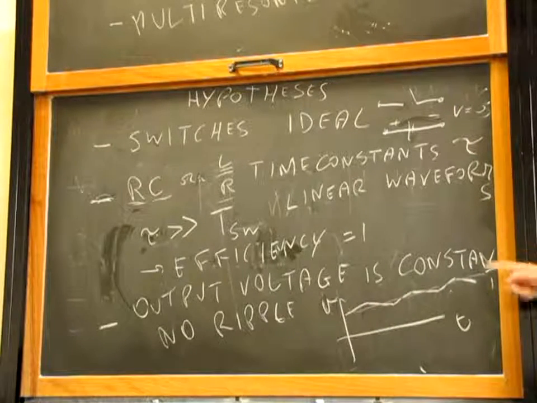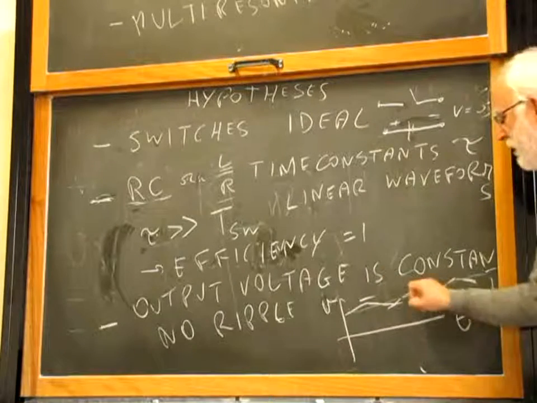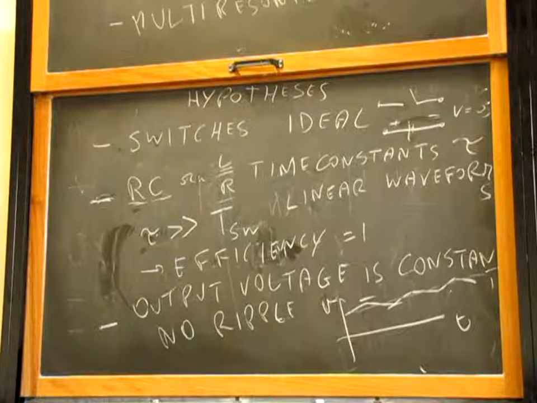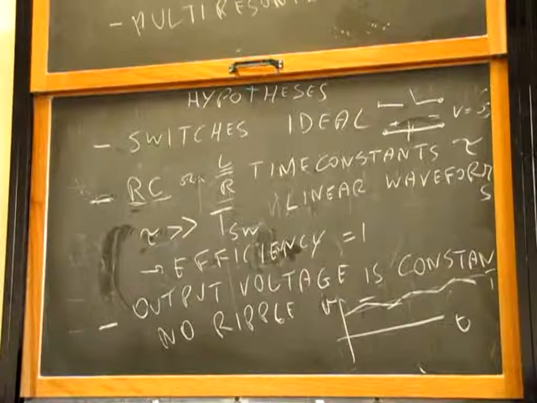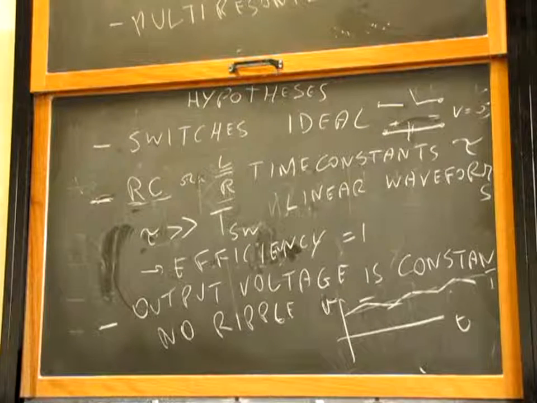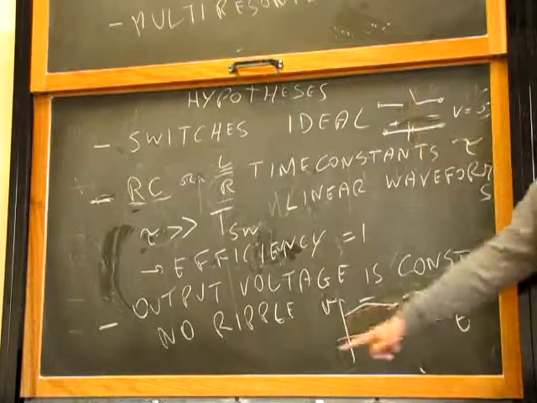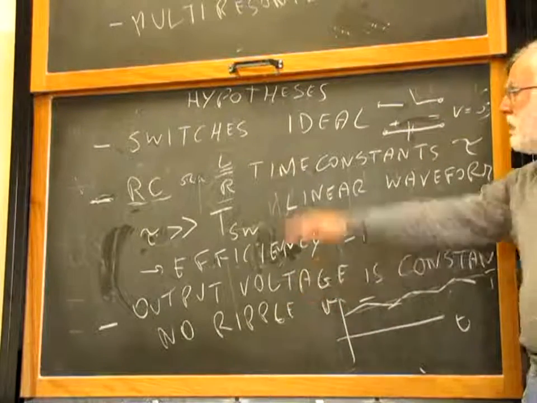Then we will say, okay, the output voltage is not constant. We'll find out how much this ripple voltage is, because this is important. But we won't consider this ripple during the analysis. This output ripple will just pop up at the end of our calculation when we ask how much the actual output ripple from our converter is. Actually, it will be a little bit more involved in the system, but that's it. Those are the basic three assumptions.